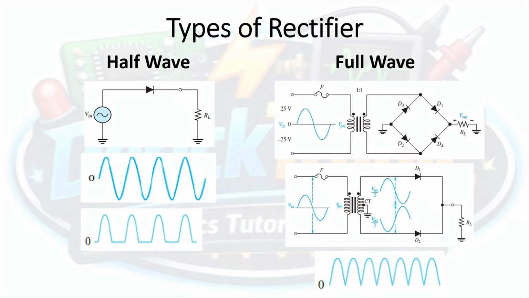However, during the negative half cycle of the input signal, it is diode 2 that is in forward bias. Diode 1, on the other hand, is in reverse bias. Therefore, the current coming out of that transformer will pass through diode 2 this time around and through the load resistor in the same direction as that of diode 1. Therefore, the output waveform coming out of this circuit would look similar to the one shown here below.